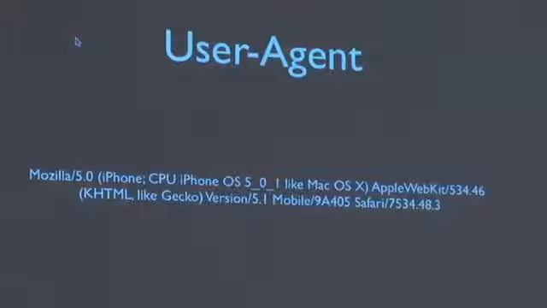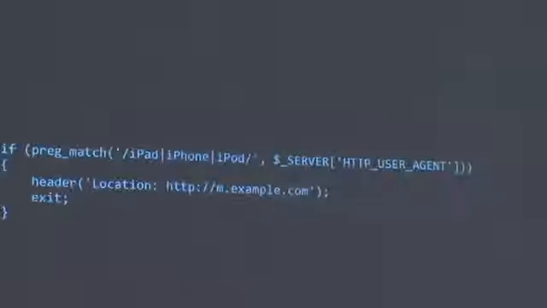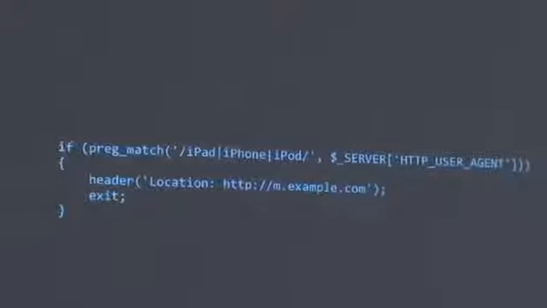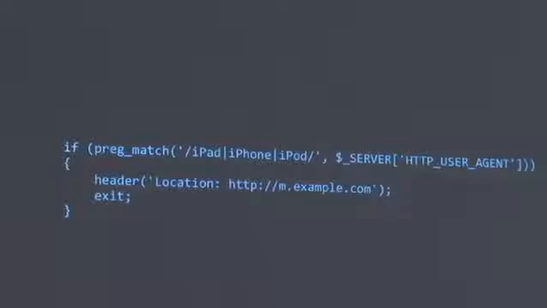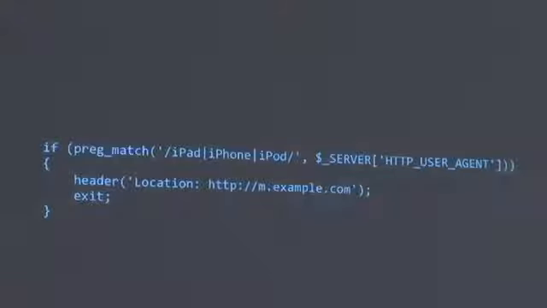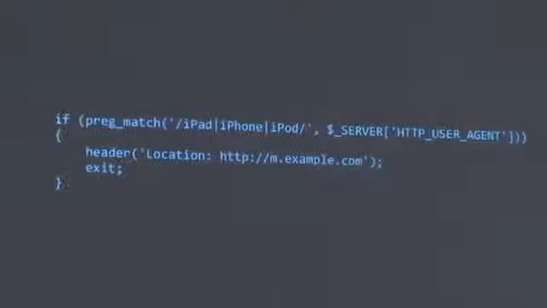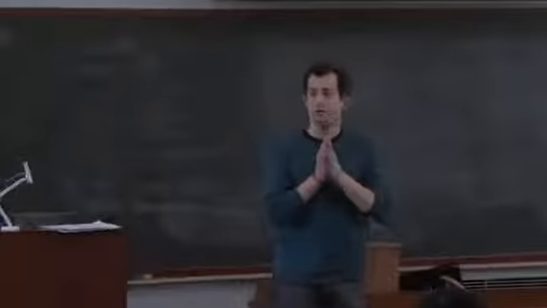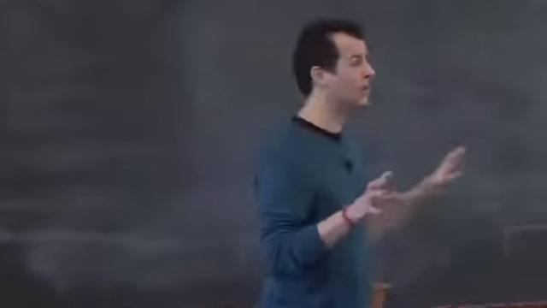You can very simply grep through it or search through it with like preg_match in the world of PHP, and you can infer with some probability what it is. And so you could do something simple like this. In PHP, if the regular expression iPad or iPhone or iPod matches what's in the HTTP user agent string, then what can you do? Well, server side, you can make the decision then, not 5 seconds later, to redirect the user to the mobile version of the website, which maybe is m.example.com or something else, before the user starts seeing the entirety of harvard.edu